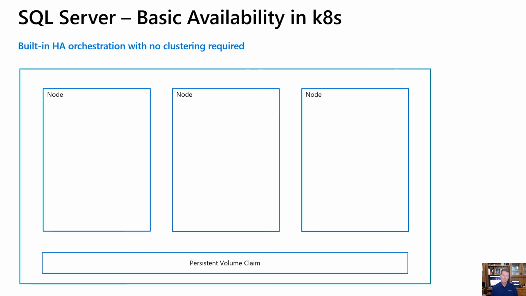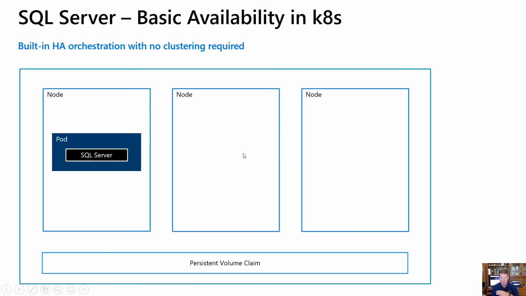But we talked about built-in availability, and I thought I'd explain a little bit more what I mean by that. I call this basic availability. In fact, notice on the screen, built-in HA with no clustering required. Wouldn't that be nice? Now, if you remember this concept that we had, we deployed a SQL Server pod on